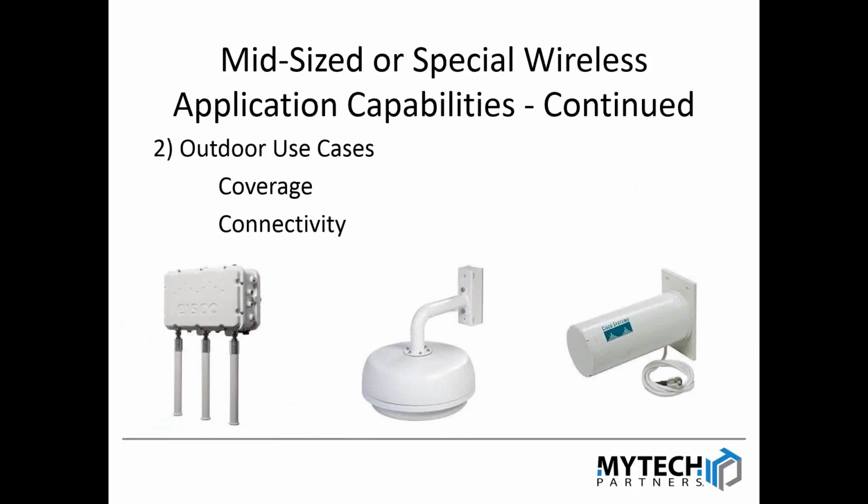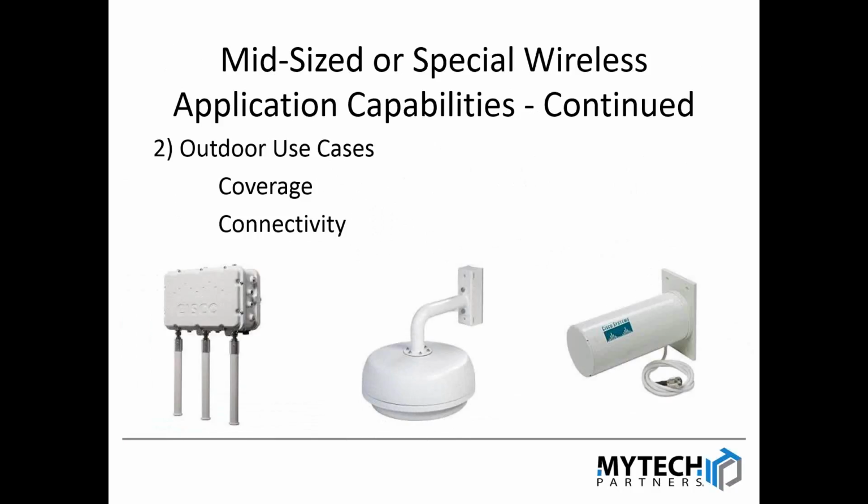What you often find is that the types of wireless access points that you would use inside have their antennas built into the physical casing of the unit, whereas when we're working in outdoor environments, we may need to place the equipment in a different place than we have the antennas. And so understanding the coverage that's needed and the frequencies that are being used and the appropriate types of antennas